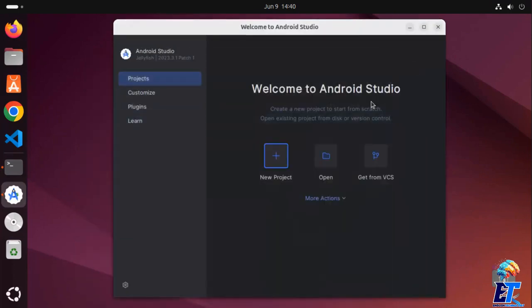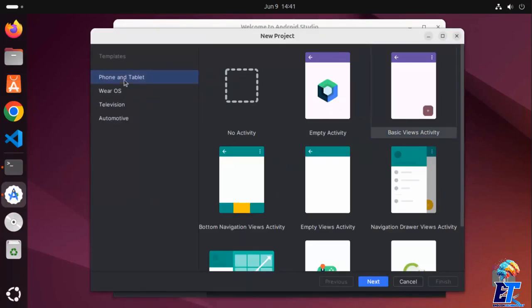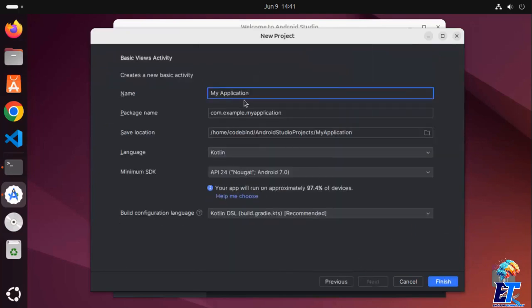And then let's create a new Android project. So I'm going to click on new project here. So here I'm going to select phone and tablet, and then I'm going to select basic view activity because I want to just test whether everything is working fine or not, right? So let me select that and then click on next. And then I can select the name of my project. I'm going to just name my project as my first application,